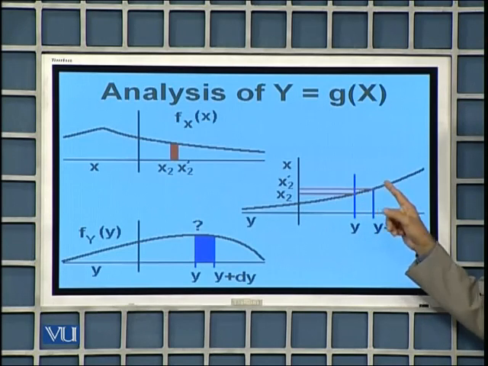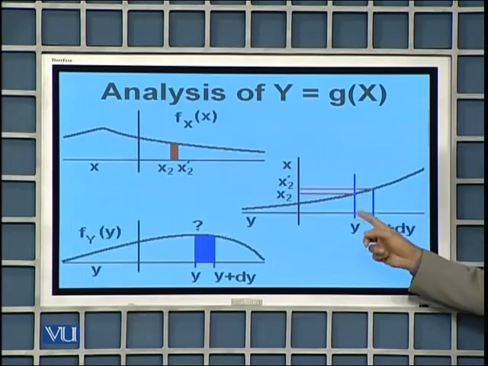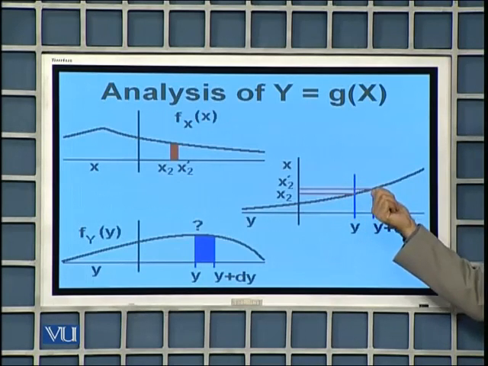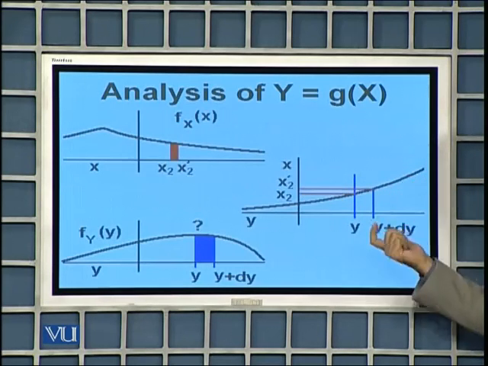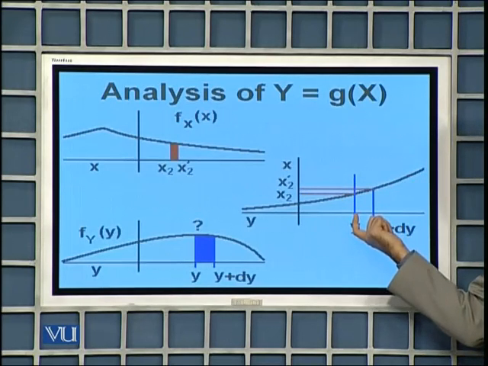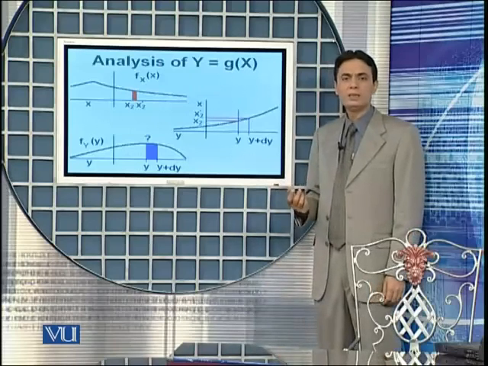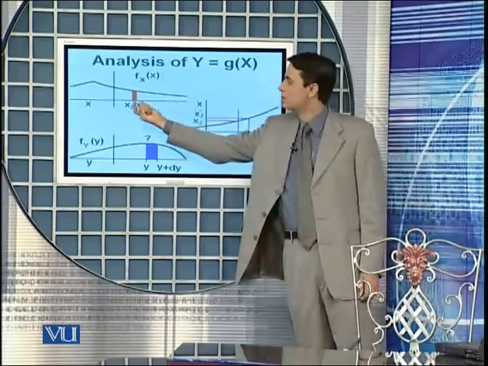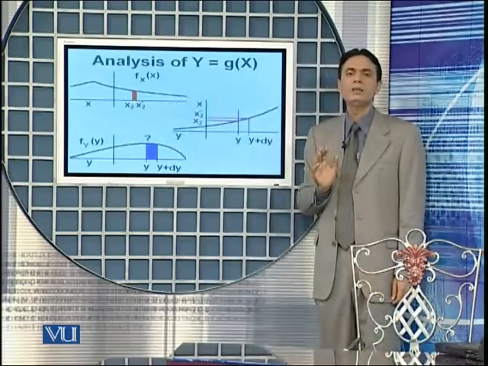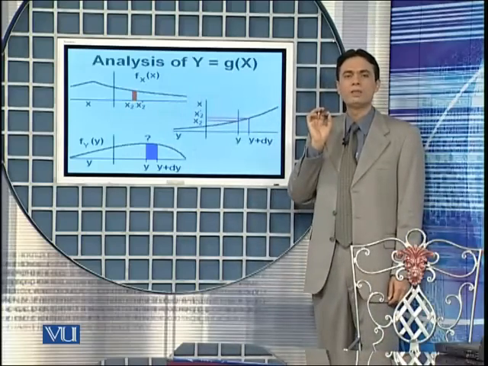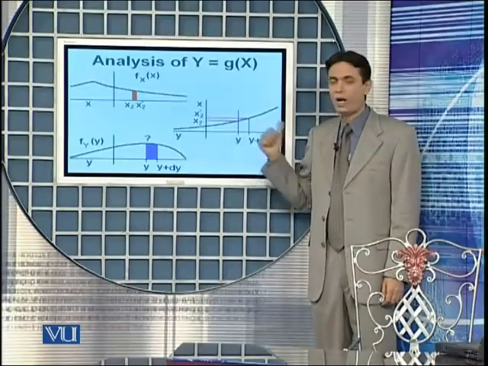If you know the value of that derivative, then it's easy to see that this interval divided by this interval is equal to that derivative. Hence, this interval is equal to value of the derivative multiplied by this interval, which is dy. Hence, the interval this x2 to x2 dash is nothing but the value of the derivative of h at y